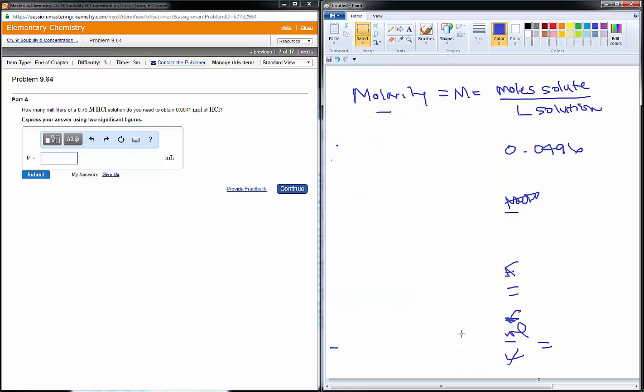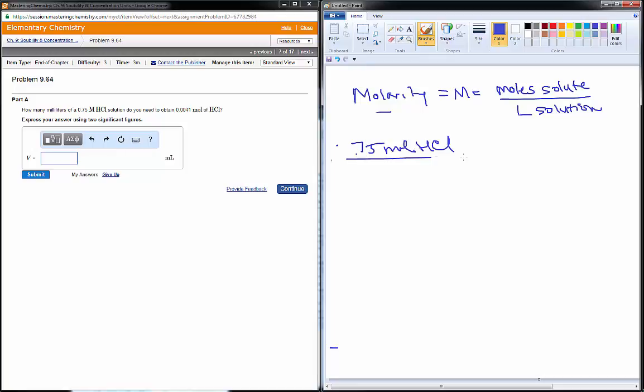All right, this next question is asking how many milliliters of a 0.750 molar HCl solution do you need to obtain 0.0041 moles of HCl, and milliliters is a unit of volume. And you note here I've got 0.75 moles HCl in every 1 liter of HCl solution. So if I want milliliters, then I better put my volume. If I want volume, I'm going to put this on top. 1 liter of HCl,